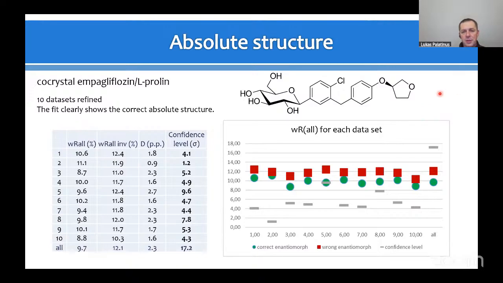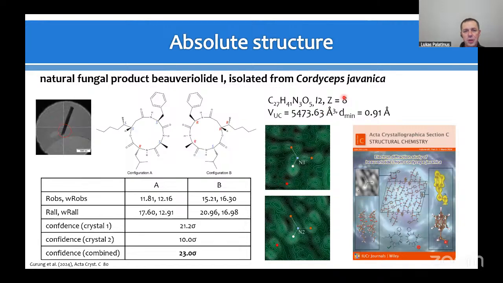number. This is yet another case. This is really all light atoms. It's a cyclic peptide, and again, it was really easy to determine the absolute structure of this natural product. So I think this is an aspect that requires dynamical refinement. Kinematical refinement does not provide that information, but this is something that makes electron diffraction